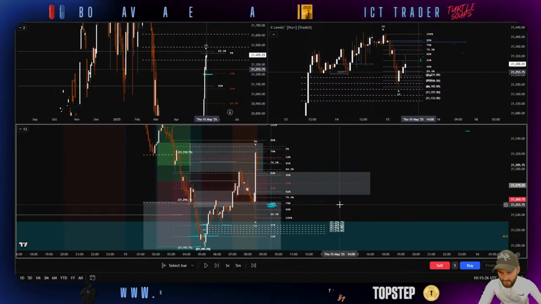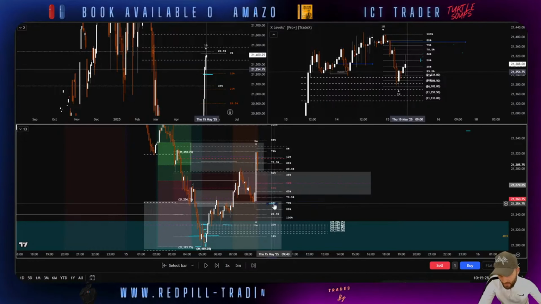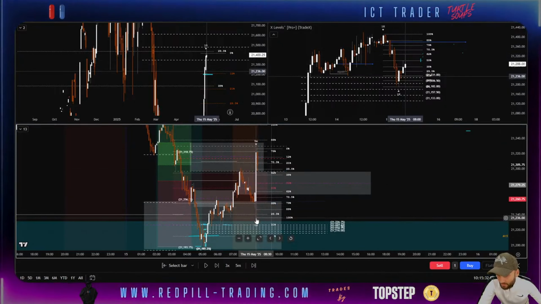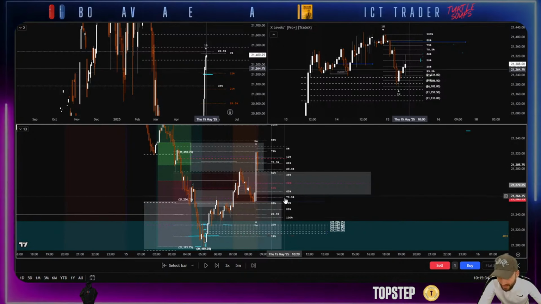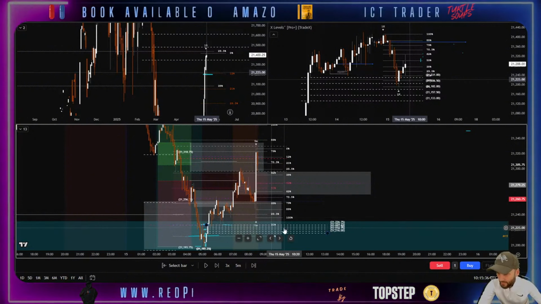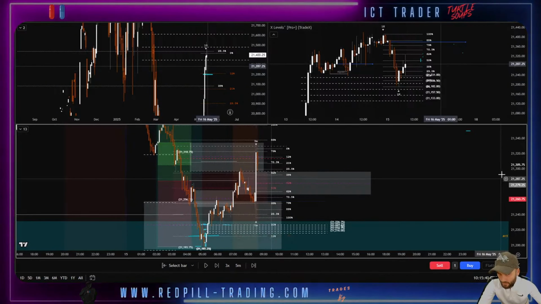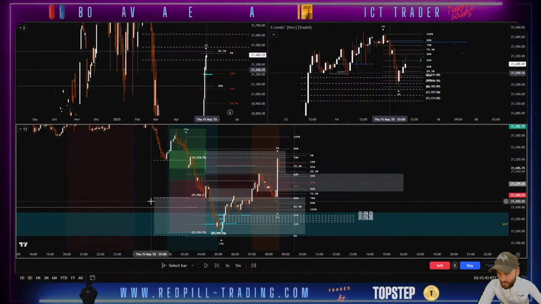I choked it too tightly. Okay, no problemo. But if you had anticipated this to be your low and not come back and take out this low and get back into this M5 BISI, this now becomes your buck stop low. Okay, so if we're looking now at X levels,